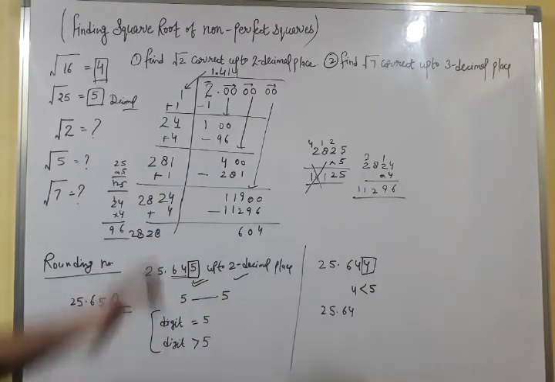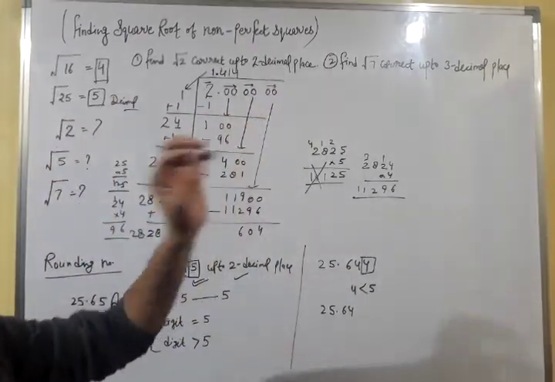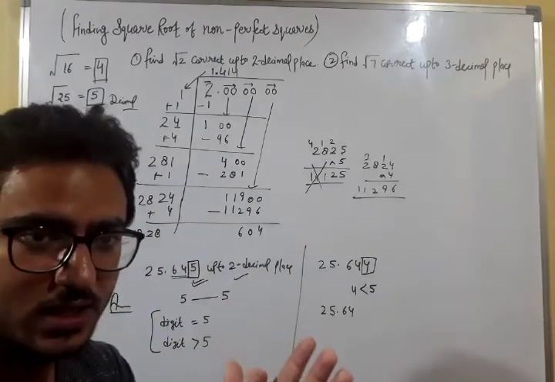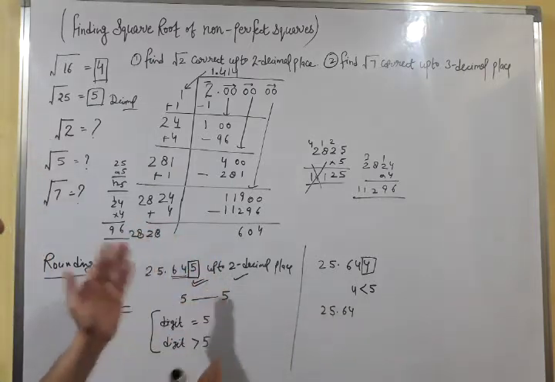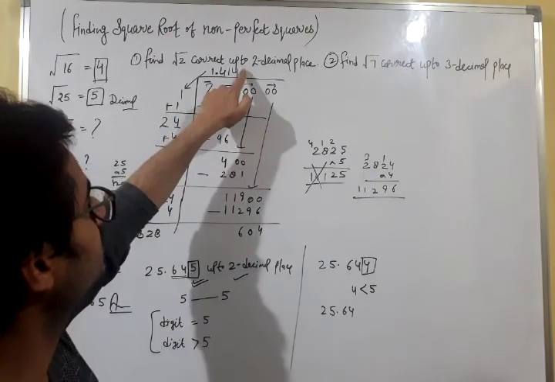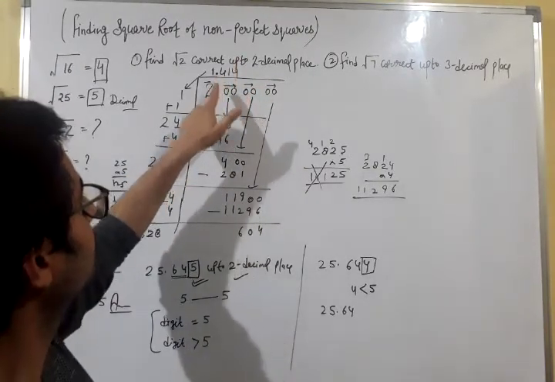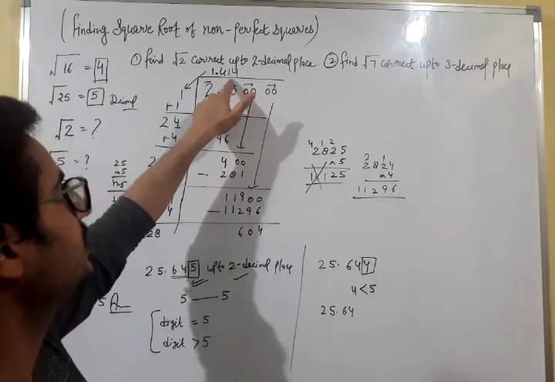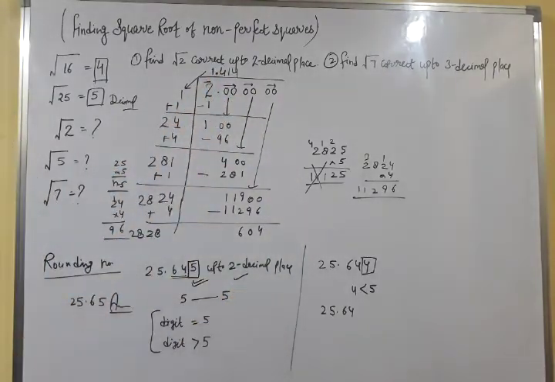Now we have to find the square root of 2 correct up to 2 decimal places. अगर हमें किसी भी डेसिमल को 2 डेसिमल प्लेस पर राउंड ऑफ करना है, उसका आंसर सेकंड डेसिमल प्लेस पर हमें फाइनल करना है, तो उसको प्रॉपर वे में राउंड ऑफ करने के लिए हमें थर्ड प्लेस वाली डिजिट को फाइंड करना पड़ता है. इसीलिए हमने 1.414 मीन्स हमने उसको 3 प्लेसेस तक फाइंड की है वैल्यू. नाउ वी विल अप्लाई द रूल ऑफ राउंडिंग नंबर्स हियर.